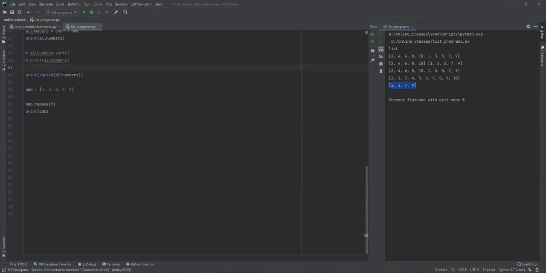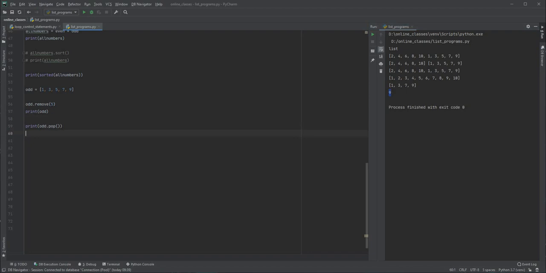Right now here, let me add one more. Let me use one more function that is called pop. What the pop function does is it removes the last element from that. So here I will say it like this. In the print statement, odd dot pop. Whatever number it is going to remove, that value we are going to print in this one. Run as a list. See guys, the 9 has got removed.